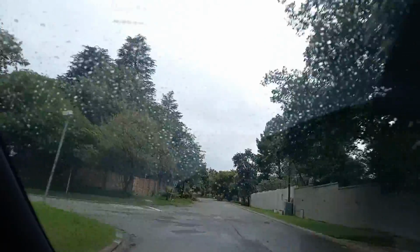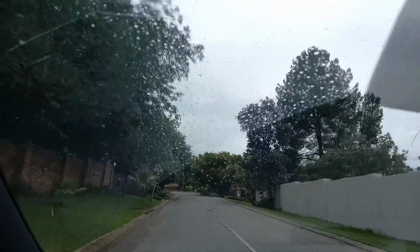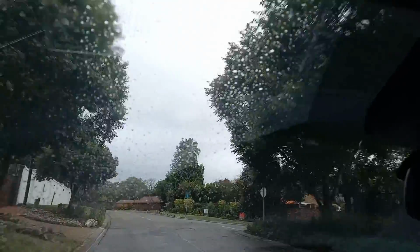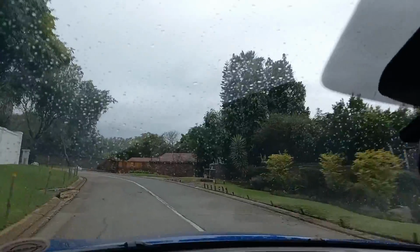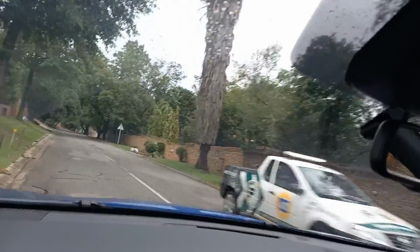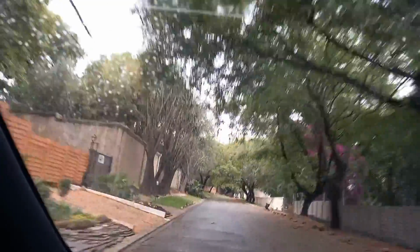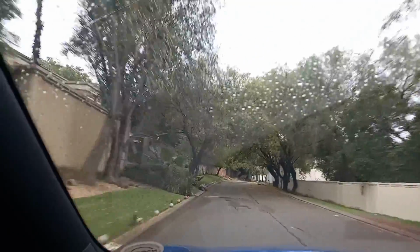Obviously you do hear the engine when I put my foot down slightly, but it's still nothing much. I haven't gone into sport mode, it's not worth it for this, but I can tell you it just does give a touch more growl. Also, pretty nice handling around bends. You can see that's a sharpish little bend over there. And I just want to end this segment when we get to our